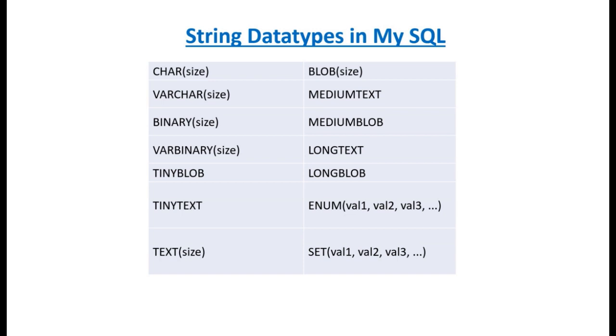The second type of data type we are using is the string type, and there are about 14 predefined string types in SQL. The most commonly used are char and varchar. Varchar and char are most commonly used. Others you can use and try with whatever experiment you want to do. But in this session we are usually using char and varchar.